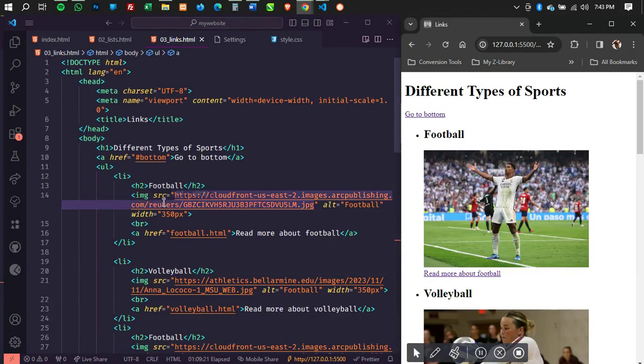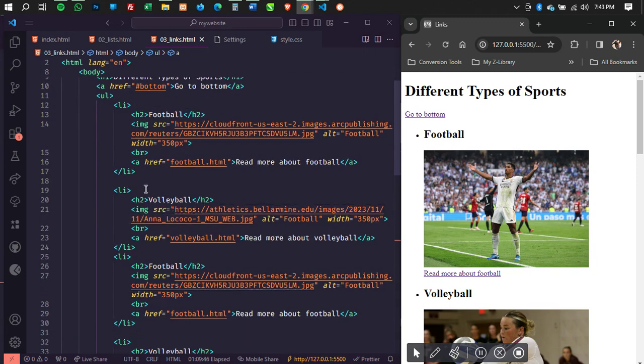So you don't need to specify an ID at the very top. I hope you guys are getting me. You don't need to have an ID. If your intention is to take the user to the very top of the web page, then there's no need to specify an ID. But if you want to take the user to a particular item, are you getting it?